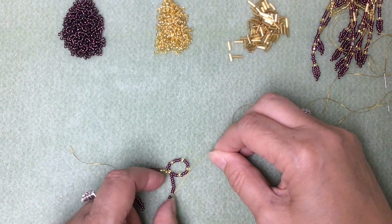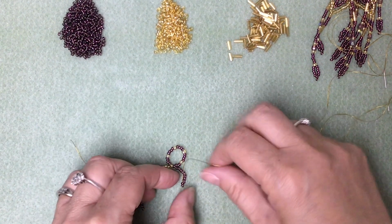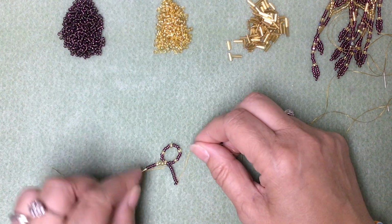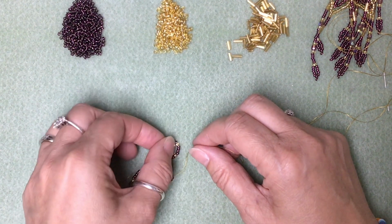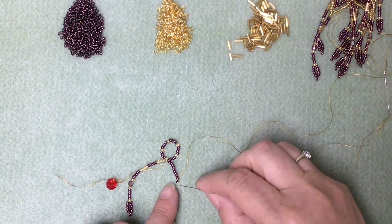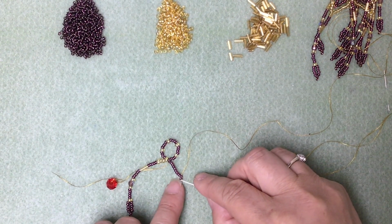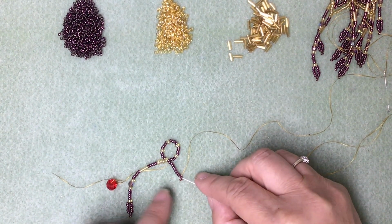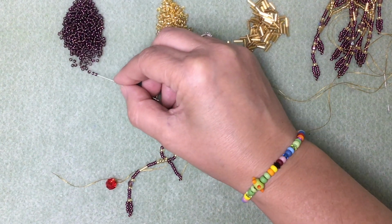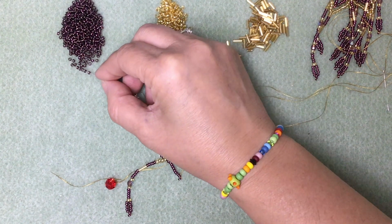I'm working with rather a long length of thread, but as I say, you can always work on a shorter length of thread and join your threads if you'd rather. There are details on how to do that within the instructions. So now I've changed the position of the anchor bead and we've come out from the second bead from the bottom. I'm going to thread on 9 A beads. 3, 4, 5, 6,